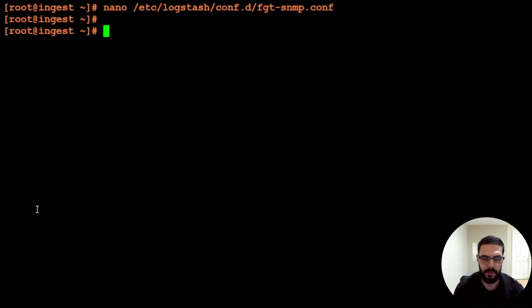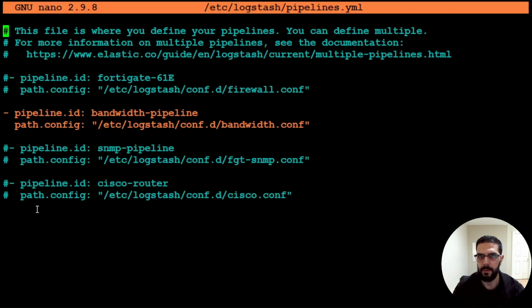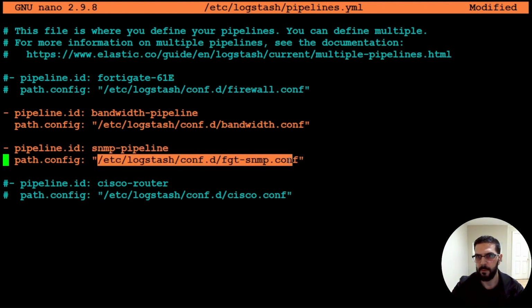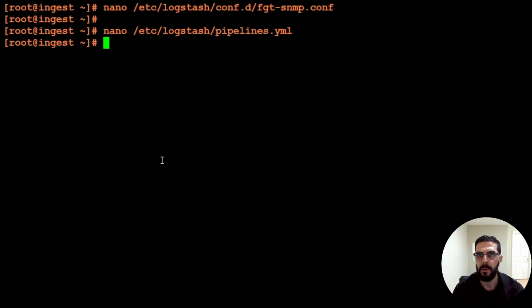and to run it as a service, I'm just going to edit the pipelines.yml file. I'll create a pipeline ID, I'll give it a name, and the path config is this configuration file that I created. And now I can say systemctl start